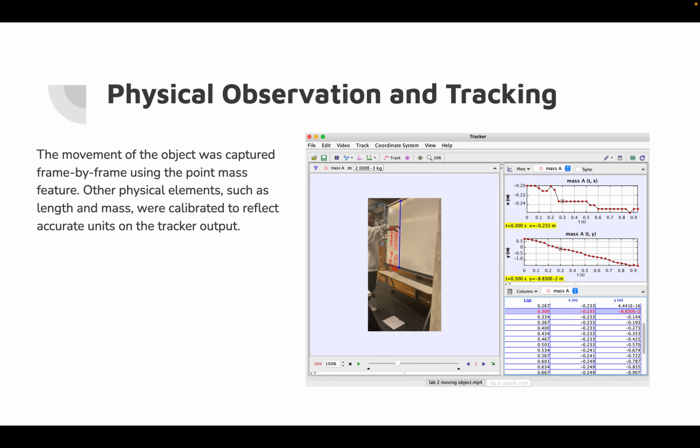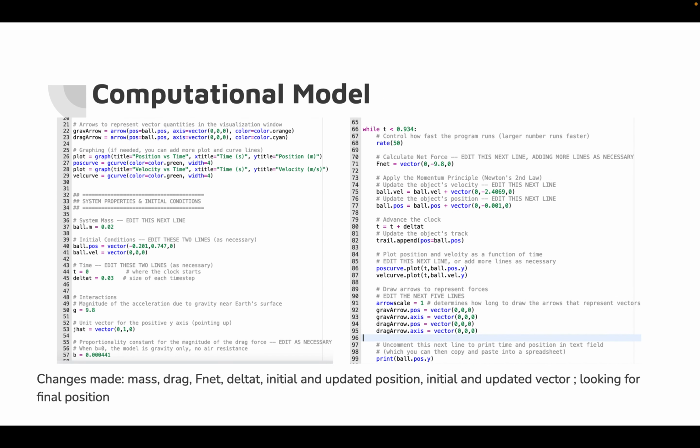And the movement of this object falling was captured frame by frame using Tracker, and we plugged in other physical elements such as length and mass to calibrate the whole thing. And we used the point mass feature to track the movement frame by frame. And in the computational model, we used the layout that was given to us by our professor, and we just plugged in some different elements such as the mass, the initial position vector, delta t,